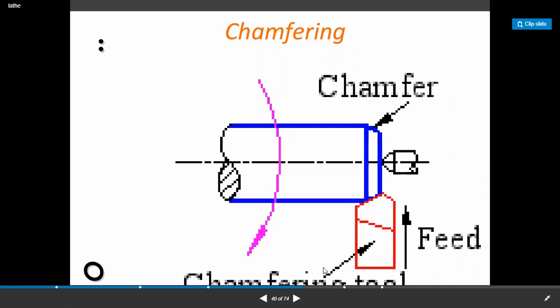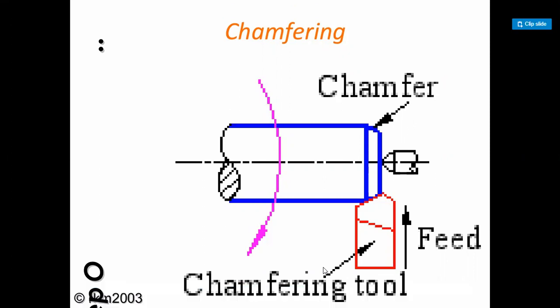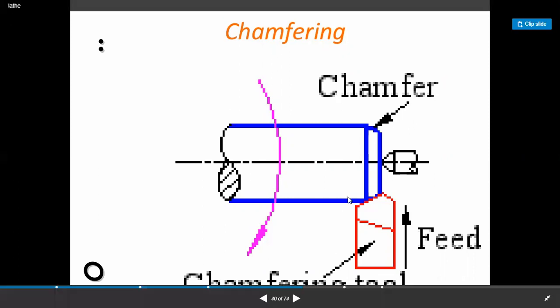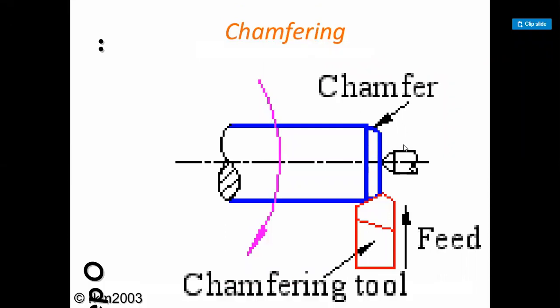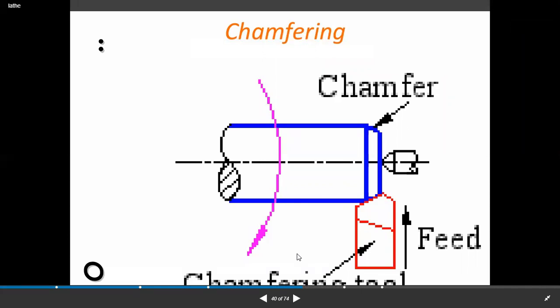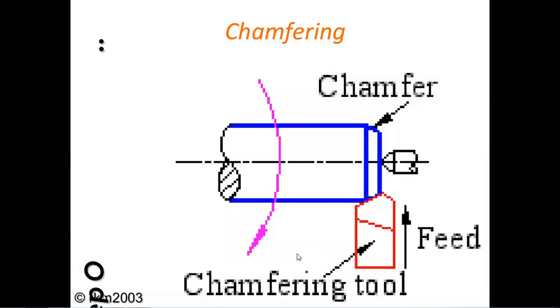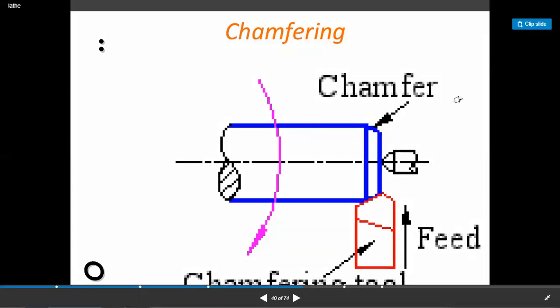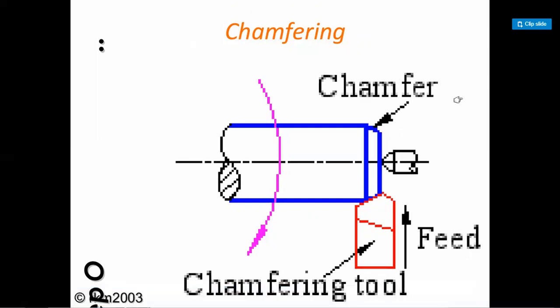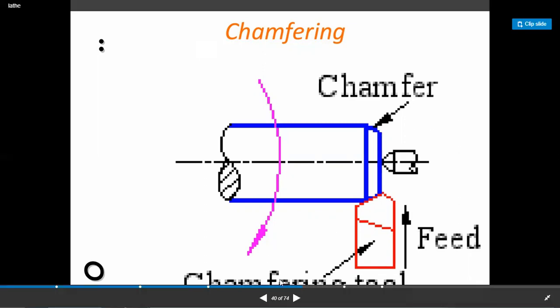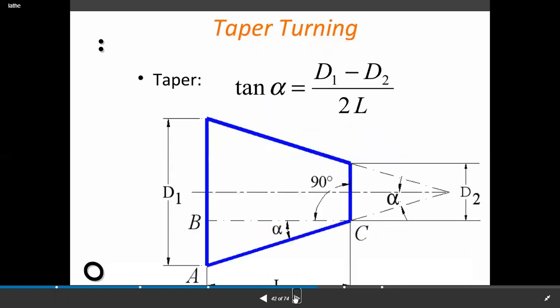You have to just give the plain corner is removed at some corner to be removed by giving facing at the tool workpiece job. So that is your chamfering operation and it is done to avoid damaging the operator during handling and also during handling that job can be damaged, that sharp corner. So for that we are giving the chamfering operation. Then next operation, chamfering are always normally 45 degrees. Now this is what we have to study.